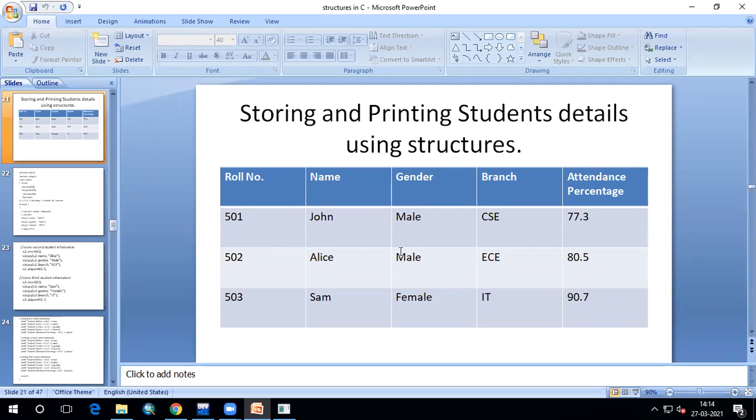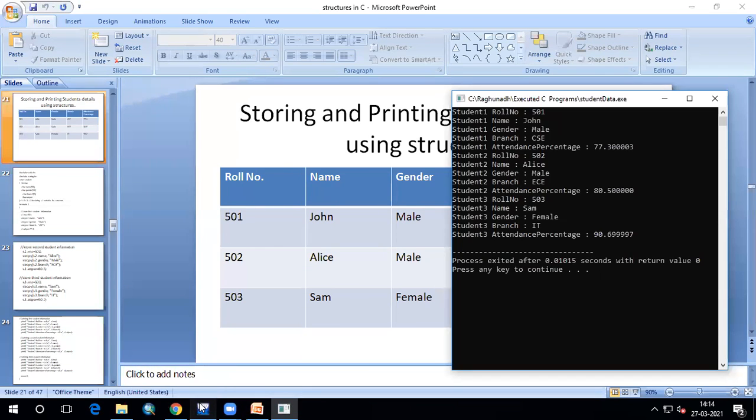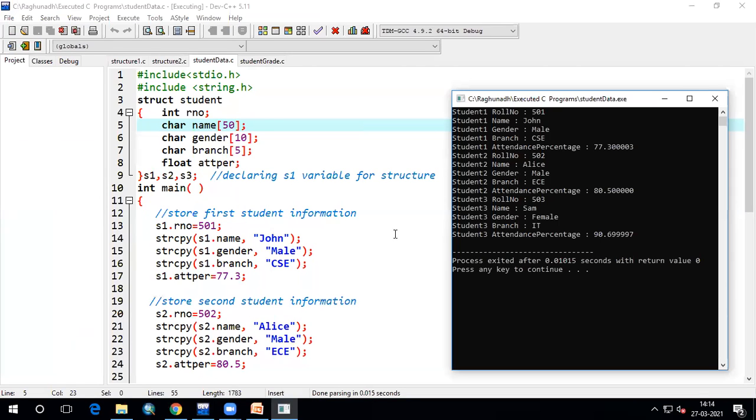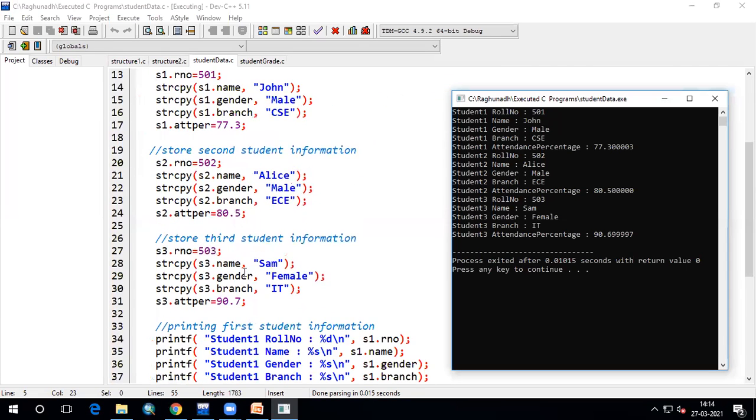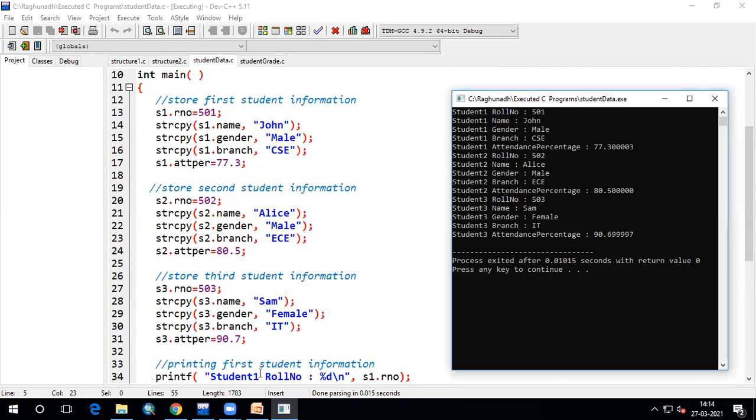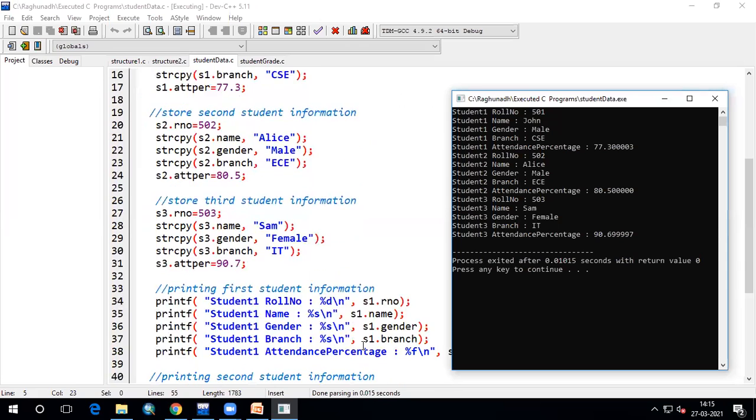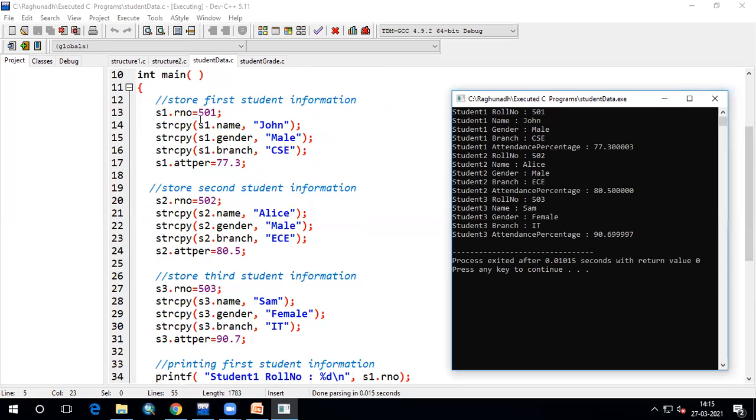So the following table is given. This table is given in that question. So write this. Five minutes left. Take this data. You can write only the printf statement for the first student, and the remaining two students you can write on your own, because only S1, S2 is changing.